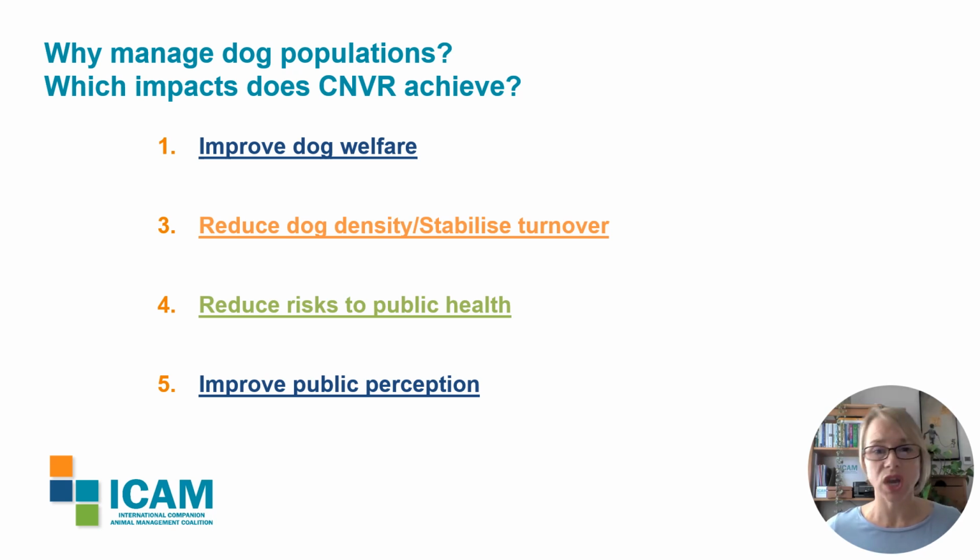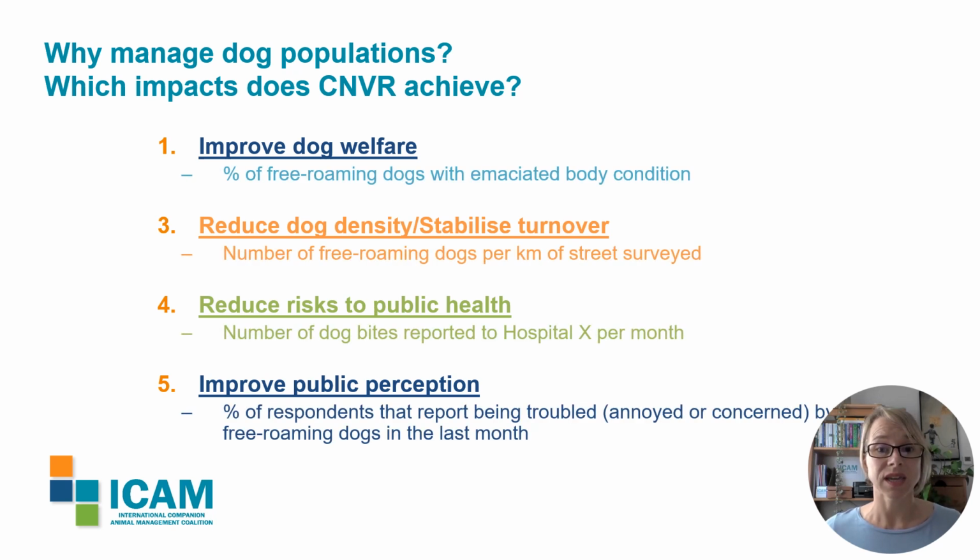Now, these impacts, changes, goals, aims, again, you can pick any term that you prefer, are often quite broad statements, like improved dog welfare. The job of indicators, also known as metrics or key performance indicators, is to make these impacts measurable. So here is one example of an indicator for each of these impacts. Ideally, you want 2 or 3 indicators for each impact so that you're not relying on just one, and can do what is called triangulation, that is looking at more than one piece of evidence for the same impact. But that's an ideal, not an essential.